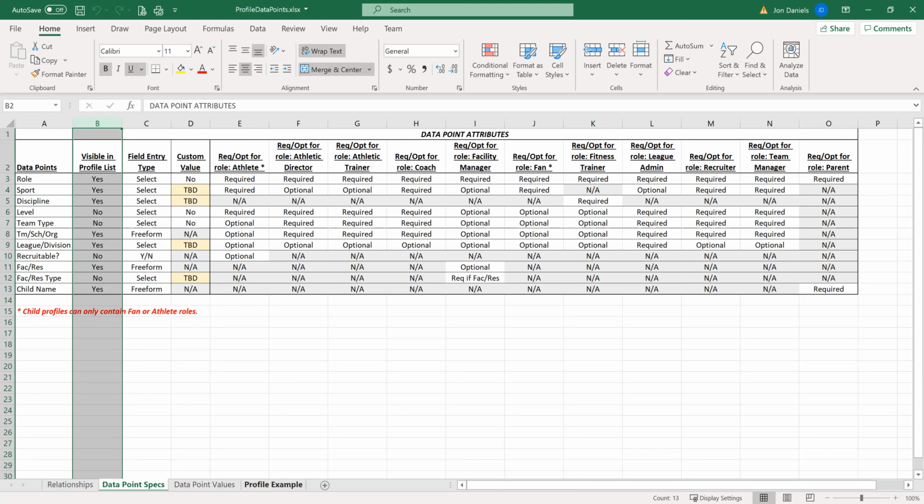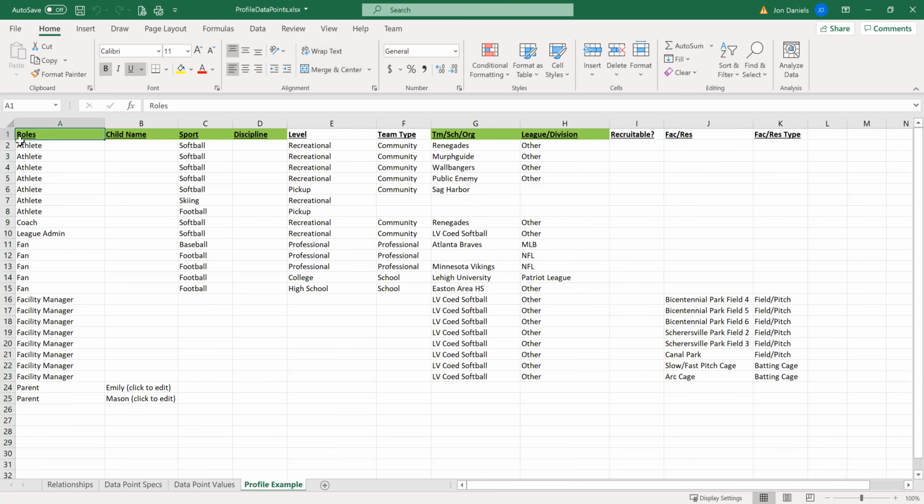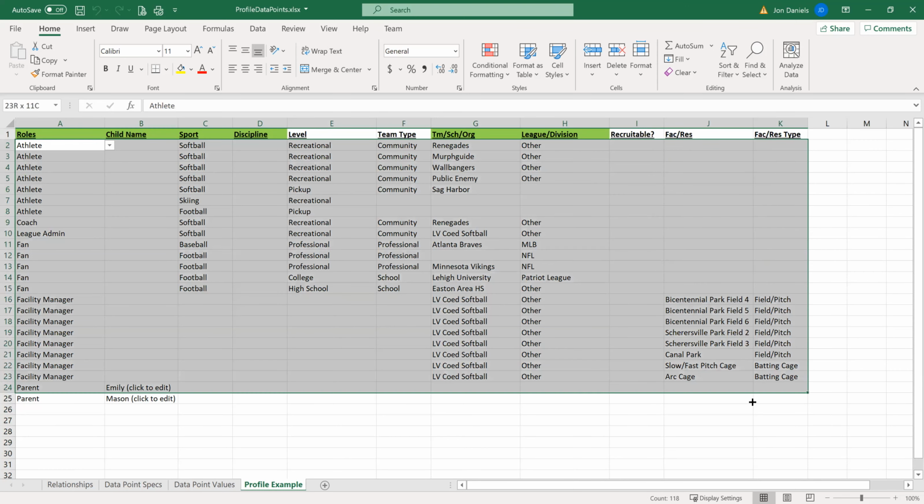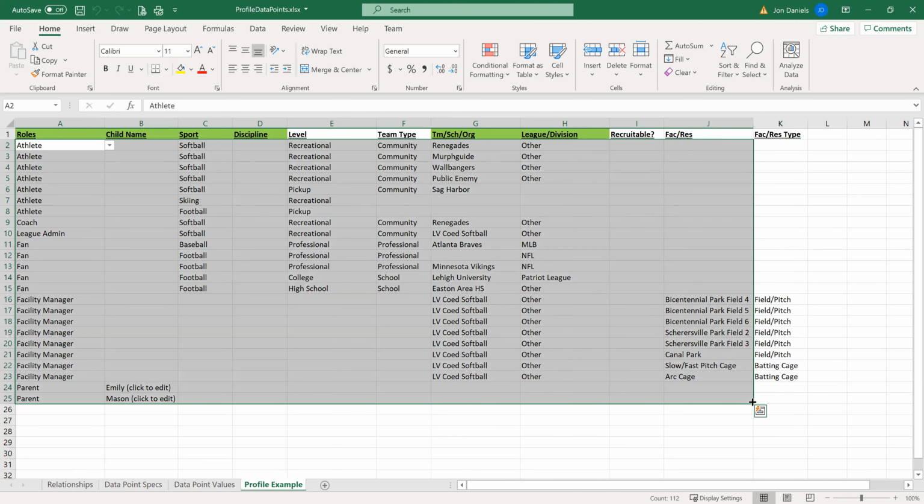So that blue box, or when I see that from the diagram, or when I say that I want to edit my profile, if we think of that page as a grid, it might look something like this example, where for every role or team that I add, I'm going to have a line item on that grid with this various data. So this would be an example of a profile for myself, that I'm an athlete for a bunch of